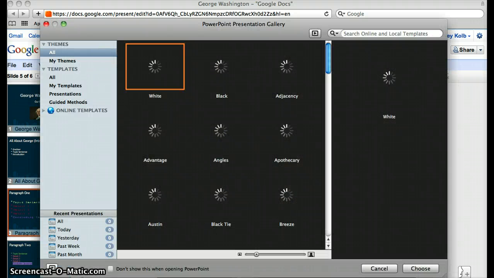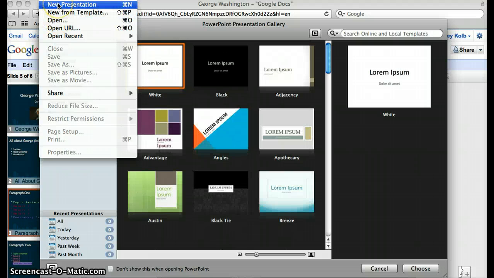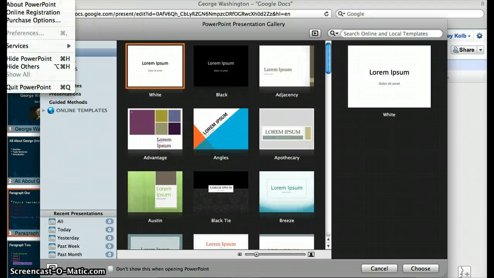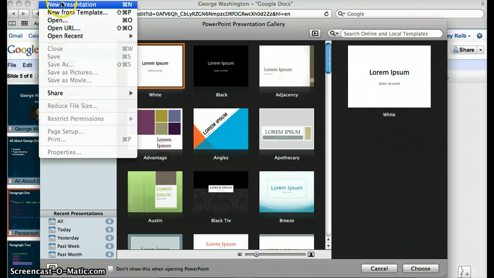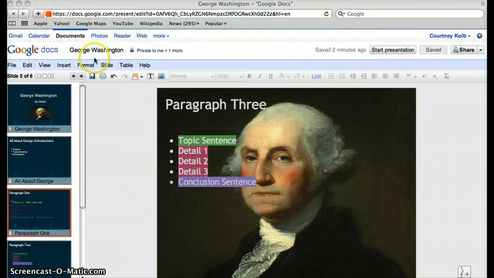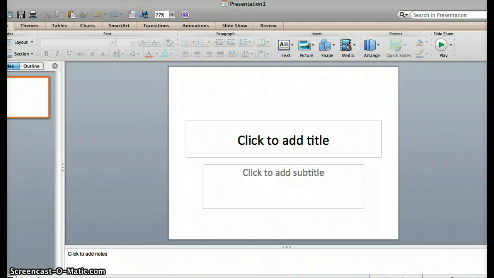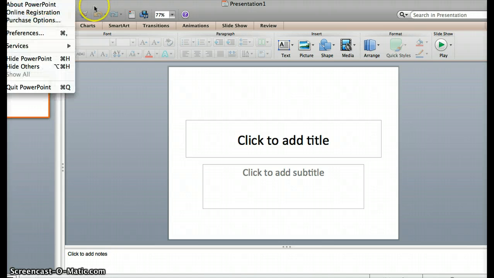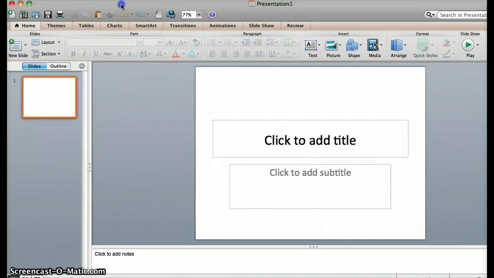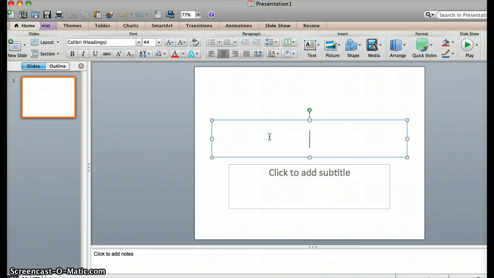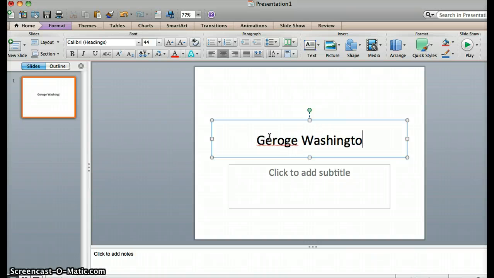Okay, now we are going to go to PowerPoint on Microsoft Office. Okay, go to File, and it's a new presentation. Okay, and it's going to come up for you. And now, alright, and then here, again, we would click George Washington. And as you can see, it corrects the spelling errors. You go to Edit,